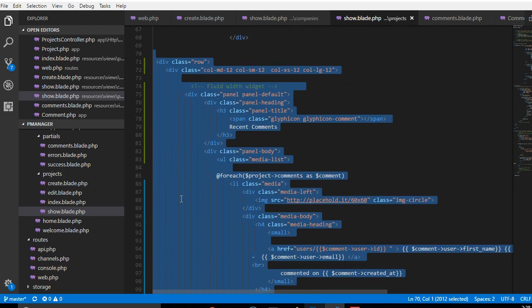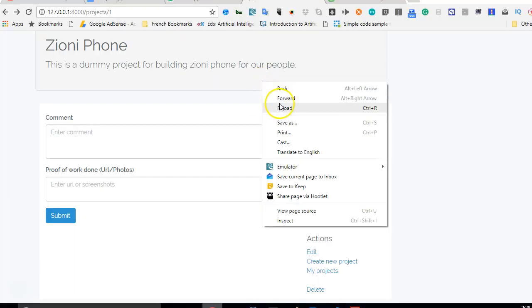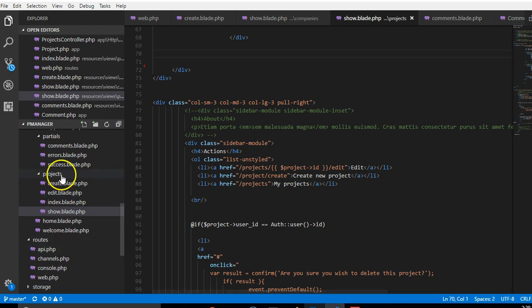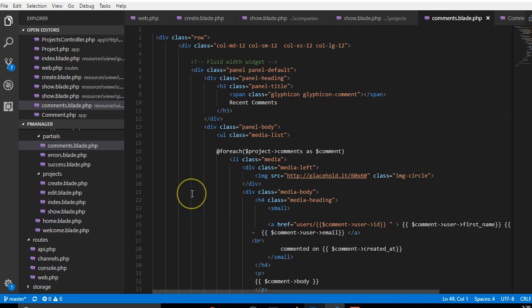This seems to be exactly what we're looking for. So if we go and refresh, we'll see that the comment is gone. As you can see, the refresh is gone and everything still looks cool. So we're going to paste the comment in the partials that we created, comments.blade, and of course we will now